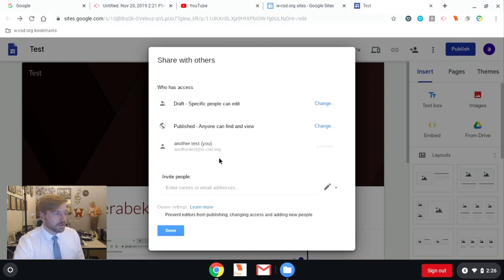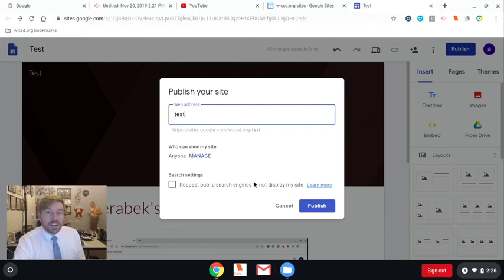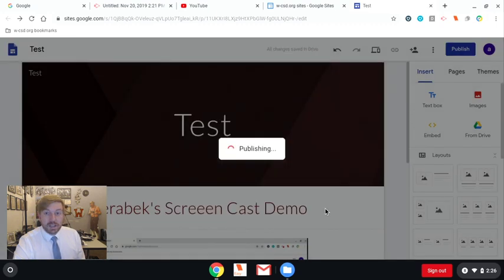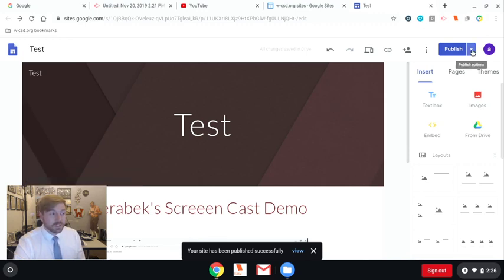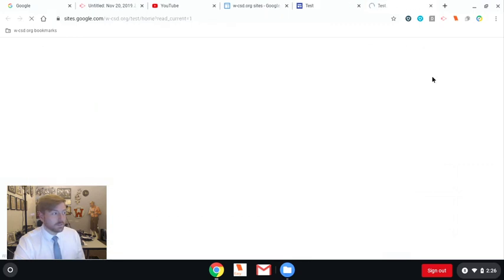And then going back here, hit done. And then the last step that you'd want to check out is you can request that public search engines like Google, Yahoo, Bing, any of those, do not display your site. So even if you're going to make it public, if you don't want people actively searching it out, you can just check that. And then last but not least, publish. And then anybody that goes to that URL link that you had up there will be able to check out the site. And you can just go right there, view published site,